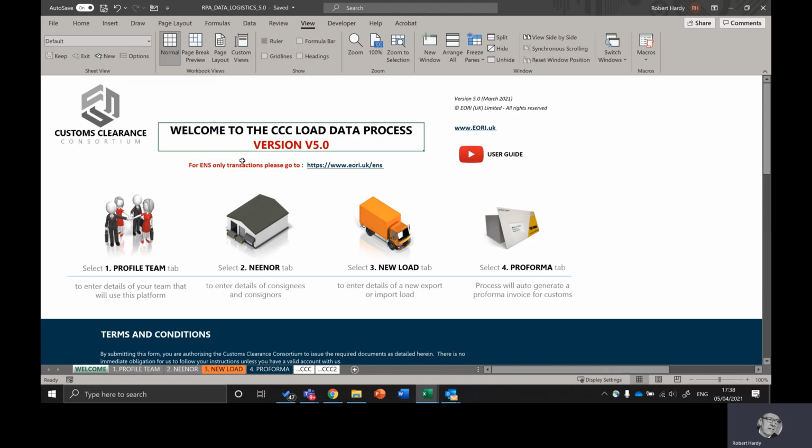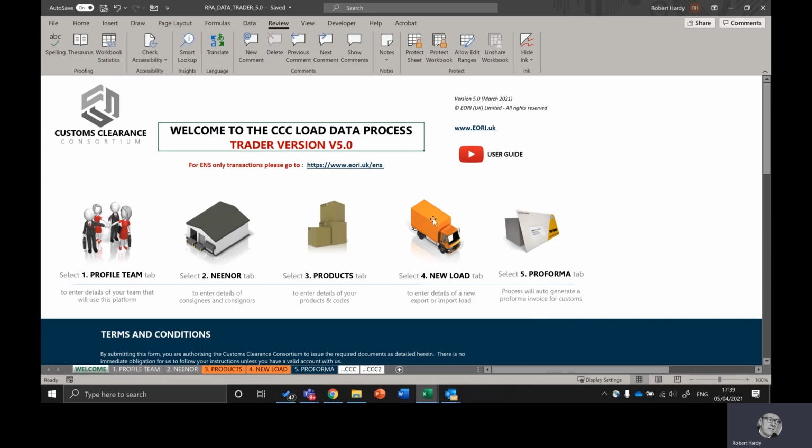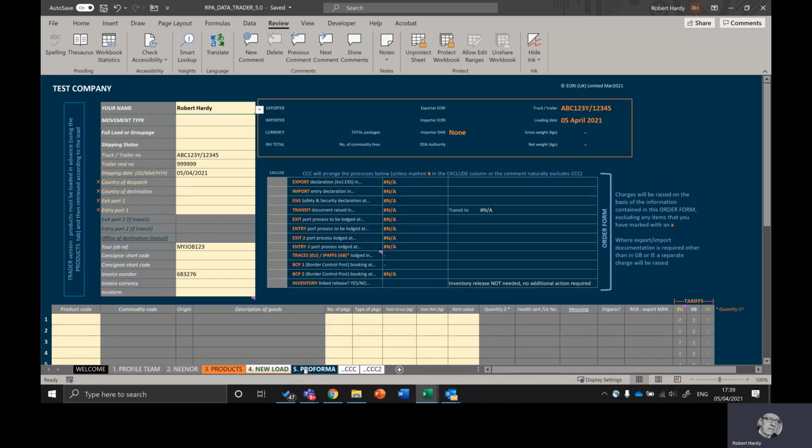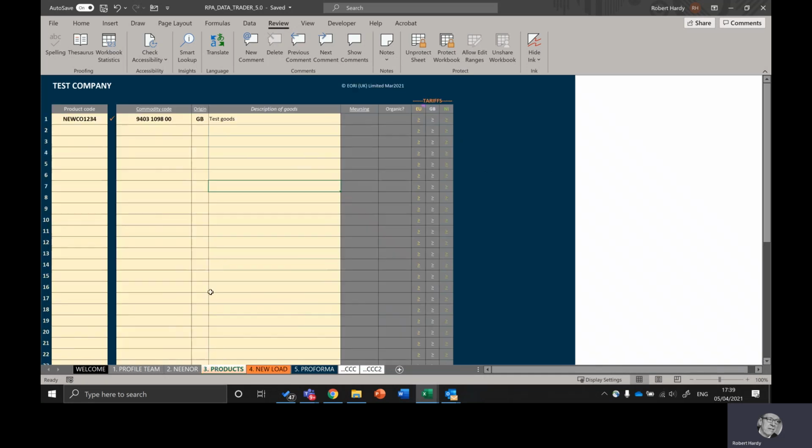This is, as I said before, the logistics version. Let's just flip to the trader version, because they are very, very similar. There's still the profile, the NINOR, the new load, and the pro forma invoice. The bit in the middle is the different bit, where the trader gets the option to actually preload their products. So profile and everything is the same. New load is the same sort of screen layout. The only difference here is that you would actually